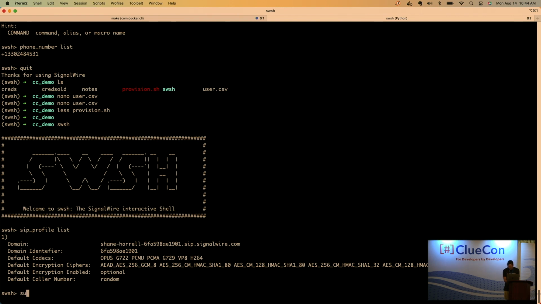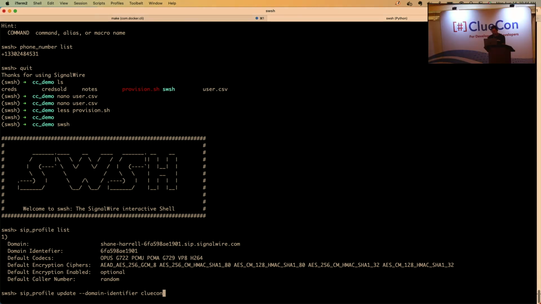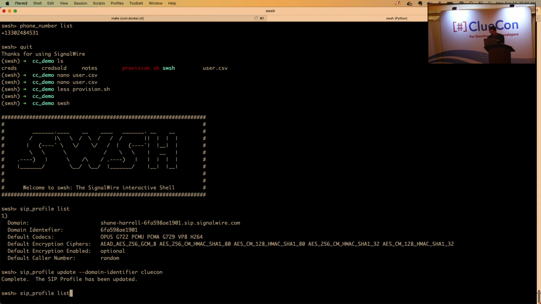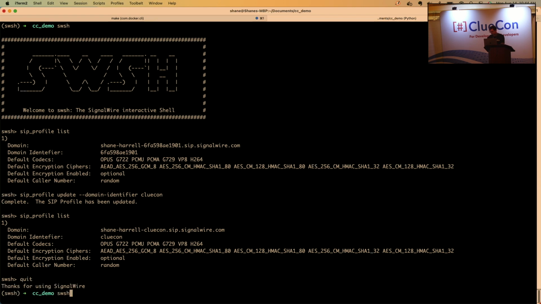So I can do SIP profile update domain identifier, and I'm going to set it to ClueCon. The domain identifier is that piece right in the middle there that's a randomly generated string of numbers and letters. So I'm going to change that to ClueCon, and if I relist it, you can see that it's been updated. Now I am going to quit, and I'm going to run the provisioning script